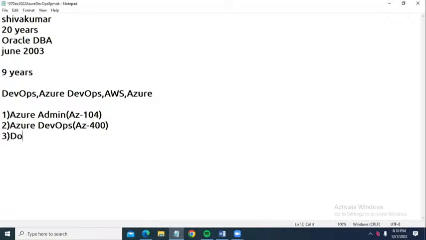For this, you have to attend separate timings, that is morning 7 to 8. It is 4 weeks, 1 month duration. I'm not going to cover Docker and Kubernetes within 1 week or 2 weeks. It is not possible for me. So totally, this course comes to around 3 to 4 months.